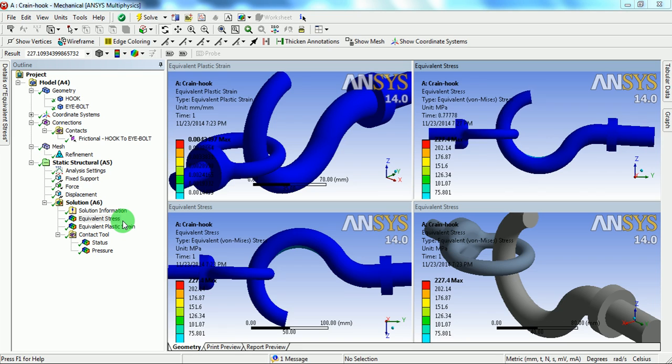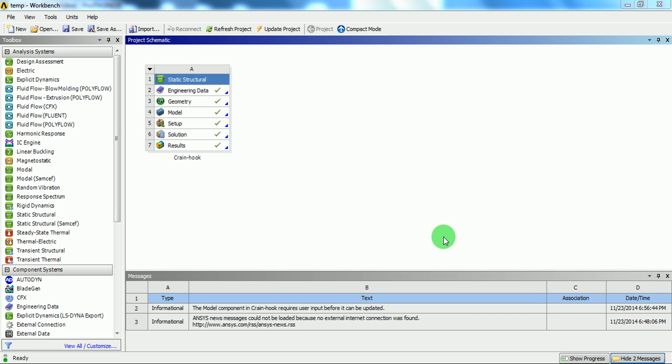Let us begin with this tutorial. Create a new static structural file.